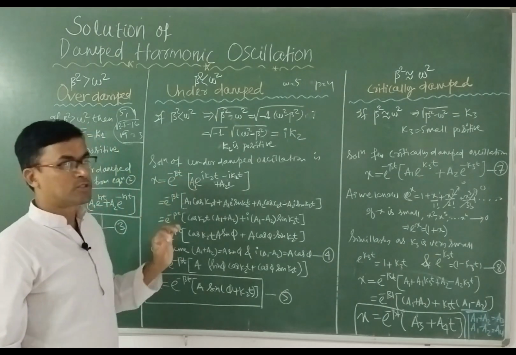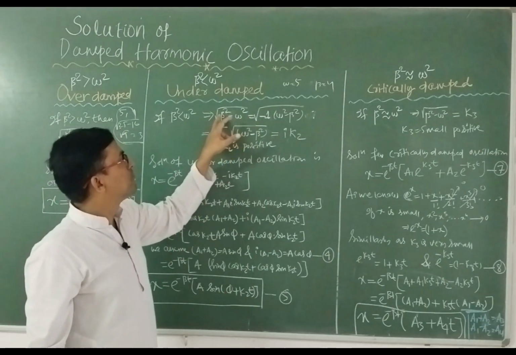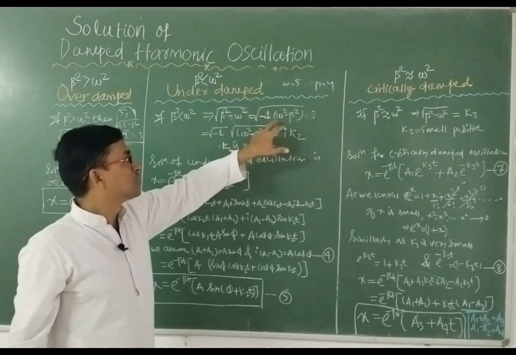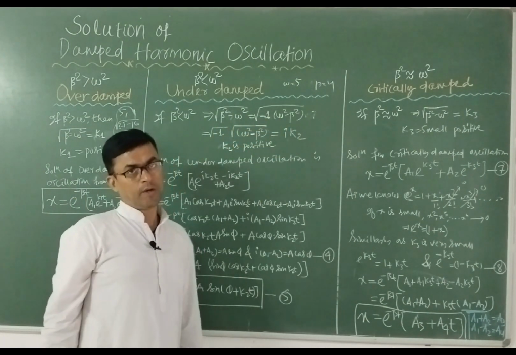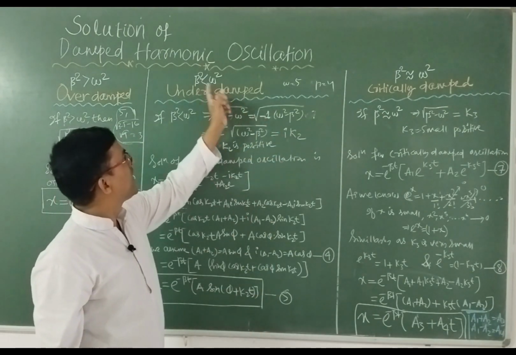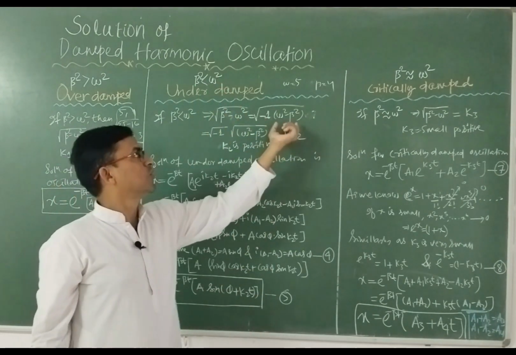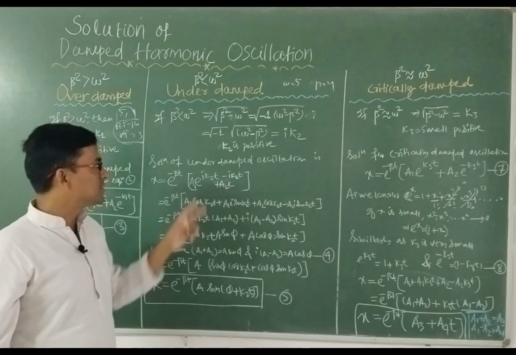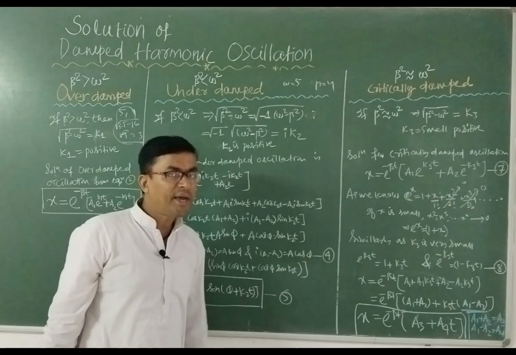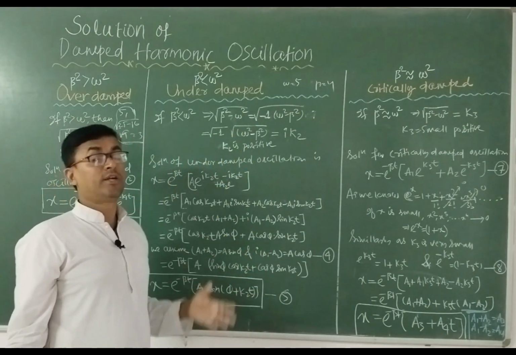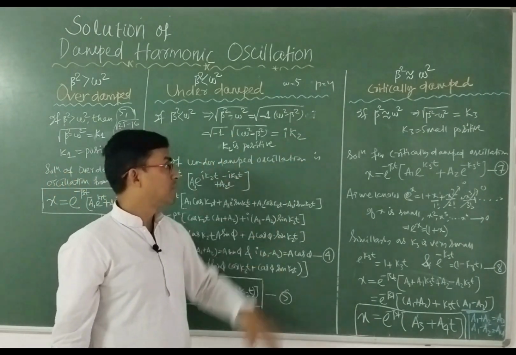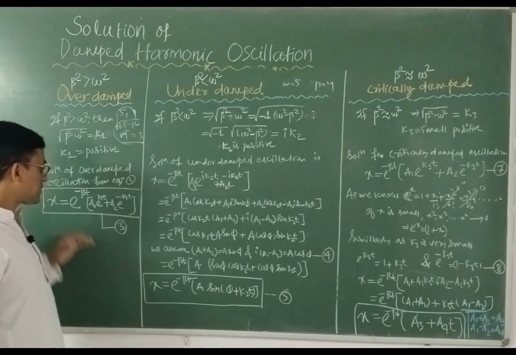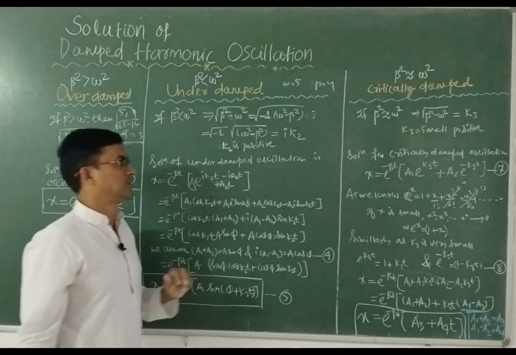But here we will use a trick: we will take a common factor of minus. In beta square minus omega square, I have taken a common minus, so that in between it becomes omega square minus beta square. Now we know omega is greater than beta, so it will give a positive value. But for the minus 1 square root, as we know in complex numbers, the square root of minus 1 equal to i, and omega square minus beta square will obviously give a positive value. This positive value is k2. Here k1 is positive, here k2 is positive.